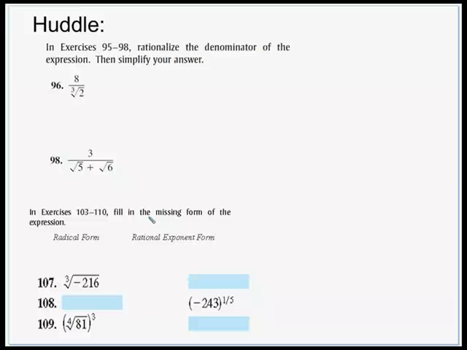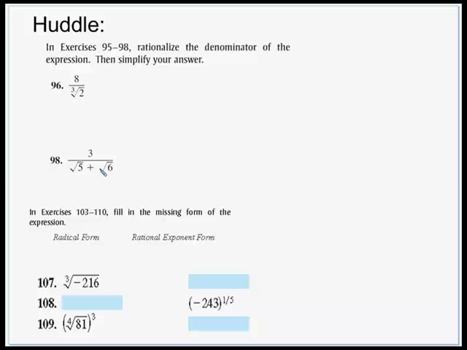Okay, for the huddle, the first two are rationalized. The first one is a basic radical in the denominator. Careful, that is a third root. Go back, check out the example we did. 98, you're going to have to multiply by a conjugate. And here it's different. There is no variable at all. So just multiply through there